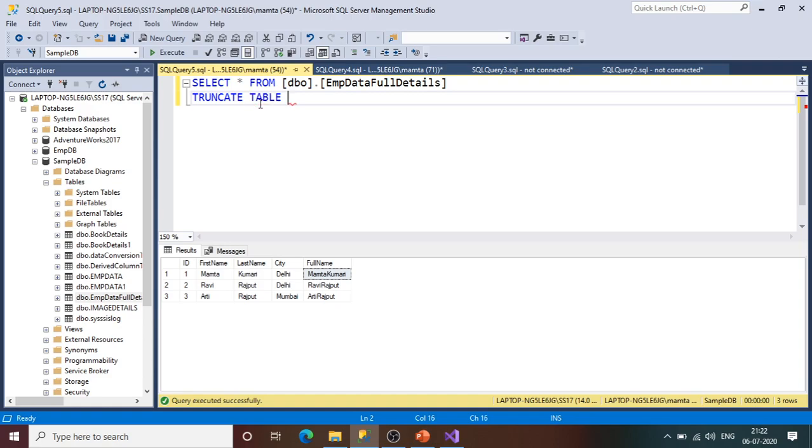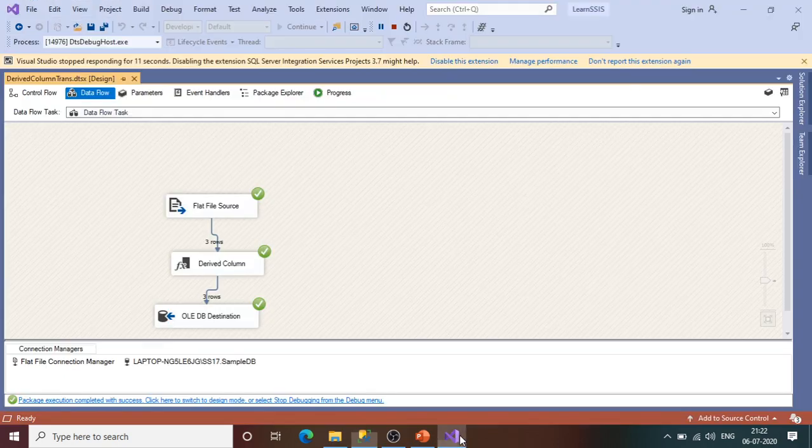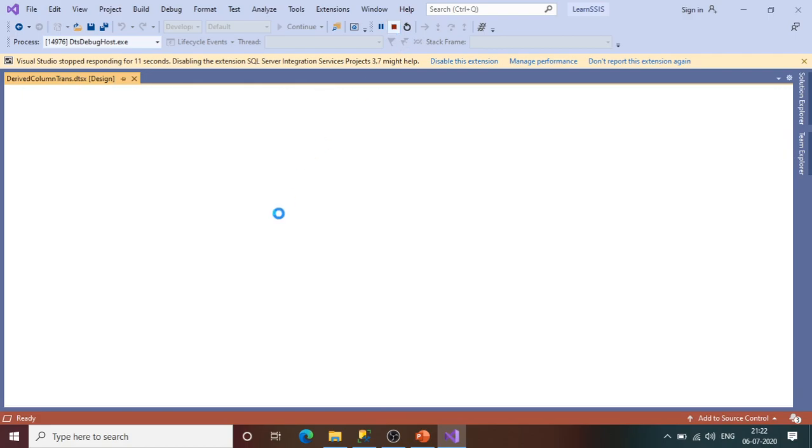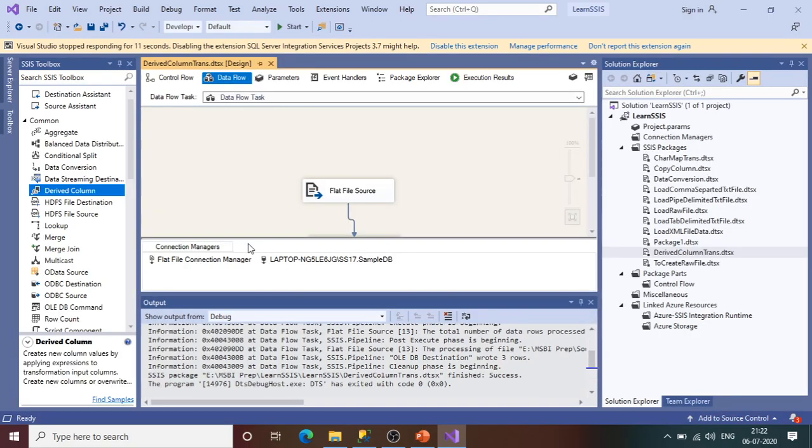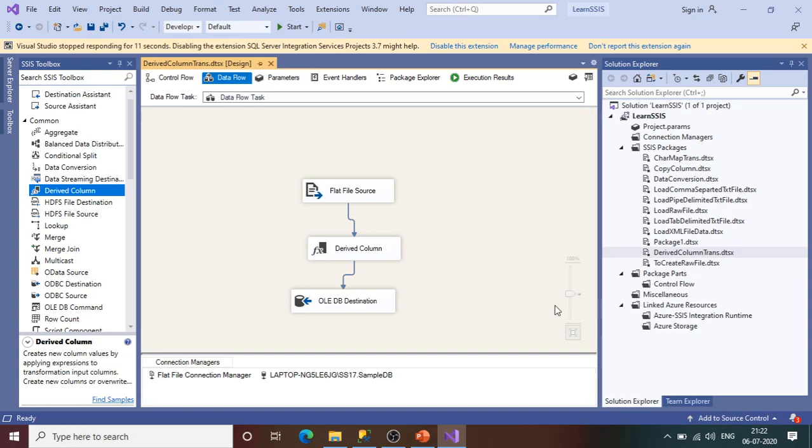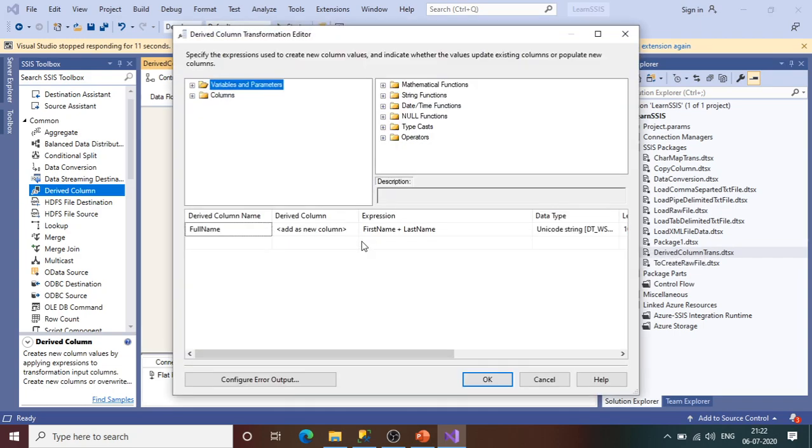So what we are going to do, अभी इसको truncate कर देते हैं. We'll empty this table. Say I'm going to truncate this table. I'll go to the package again. अभी हम यहाँ पे थोड़ा चेंज करेंगे सो दैट फर्स्ट नेम और लास्ट नेम के बीच में एक स्पेस आए. ठीक है, सो विल गो टू द डिराइव्ड कॉलम हियर. यहाँ पे इफ यू सी add the space